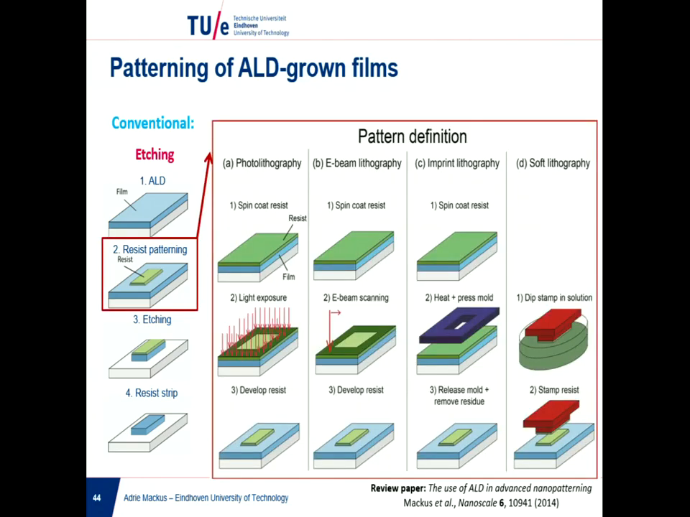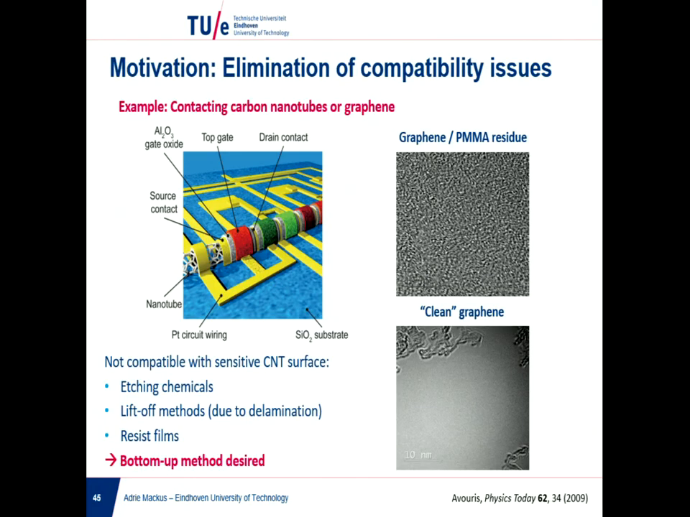a few different steps. So you can do the patterning with different techniques. We talked about photolithography, we talked about soft lithography, but also you can think about E-beam or imprint lithography. Not going into details there, but the bottom line is that you have many, many process steps. And the problem is that some of these process steps may cause compatibility issues with the materials that you're using. And to illustrate what I mean with these compatibility issues, I want to give an example from our own